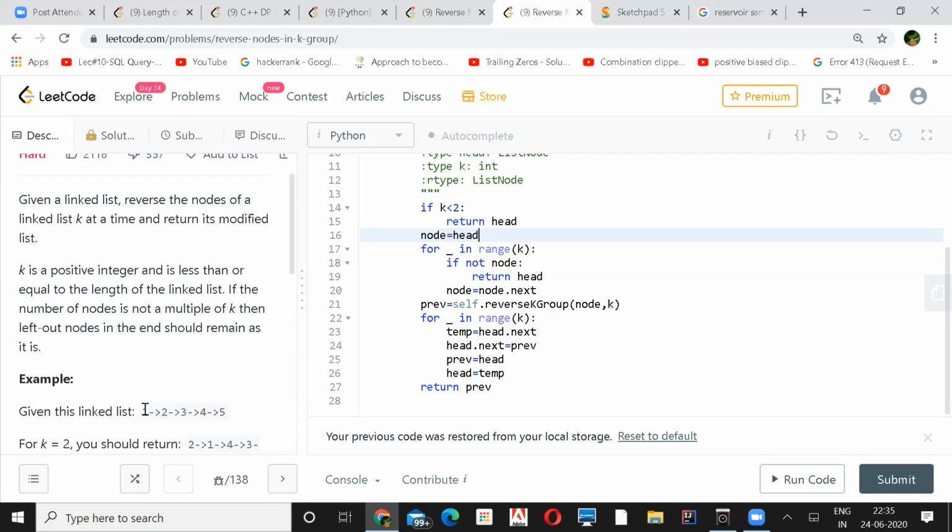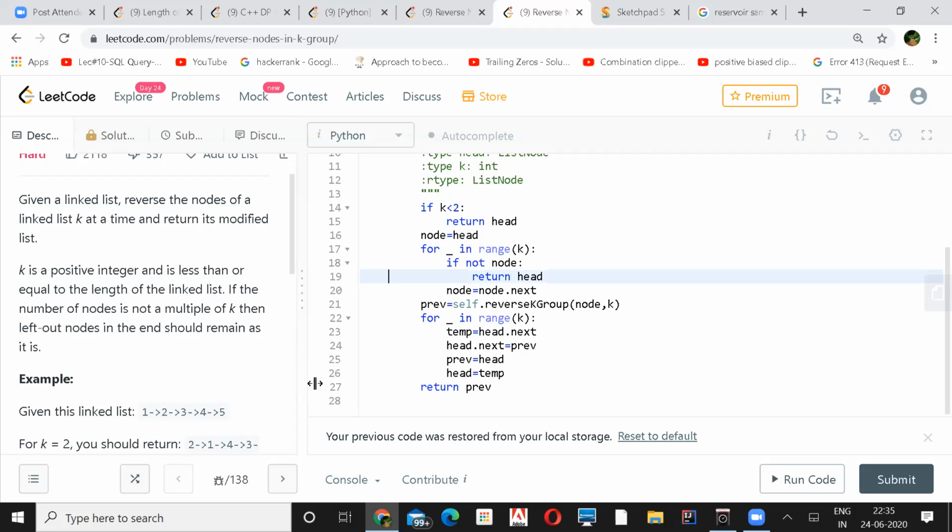See what I'm saying, let's say k equal to 3, that means you have to make 3 chunks and then split. So you'll start from here, first you will go to 2, then you'll go to 3. Once you reach 3, this will be passed in, and this is just normal reversing of a linked list. I'm concerned with the pointer of 3 to 4.